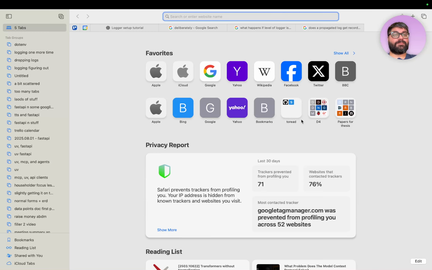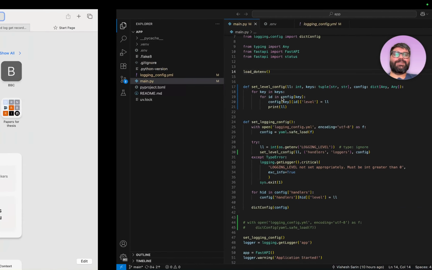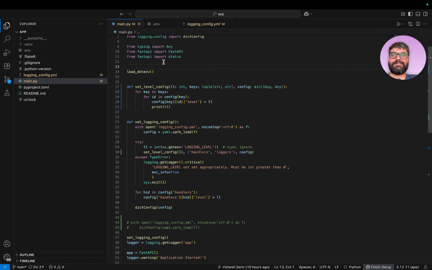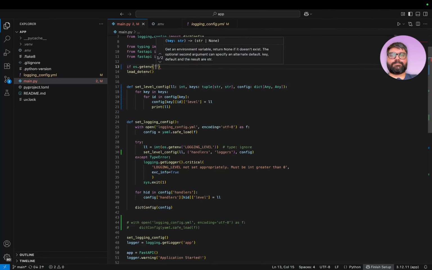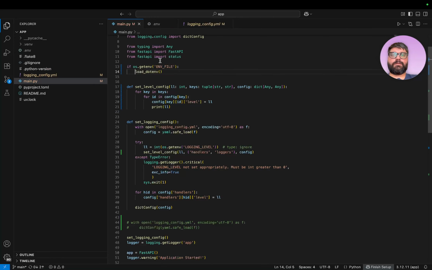I could do that with an environment variable. Oh, I just thought about that. I could just put load_dotenv, like if os.getenv of an env file variable, then load. Yeah, I could totally do that, because getenv will just return None if it's not set. And if you just set this one variable,